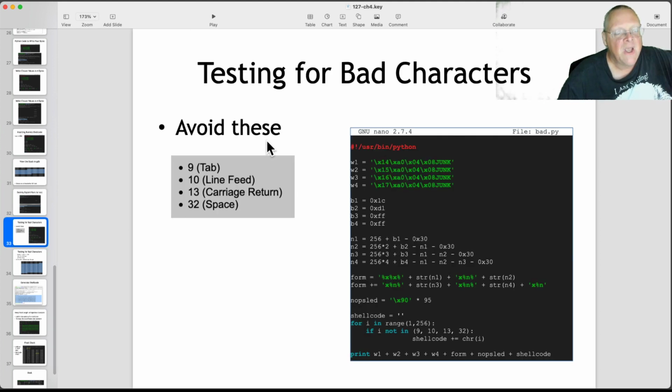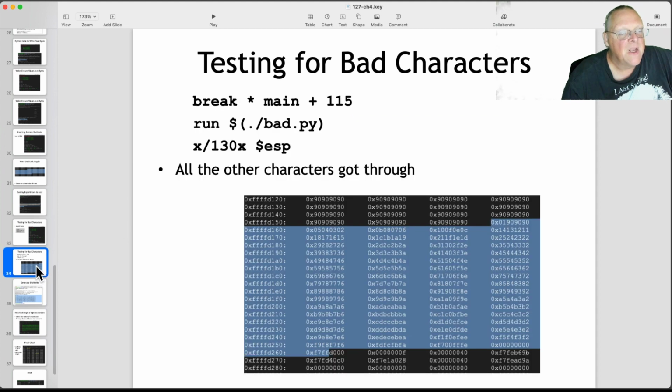All right, now, you can test to see what characters can't be added, and it turns out tab, line feed, carriage return, and space are things that tend to break strings. So I was able to make a test. I don't think I'll bother doing it live, but you just print all the bytes in order. So I have 01, 02, 03, 04, 05, and so on. And you can see some of them didn't get there. You have to skip certain characters.